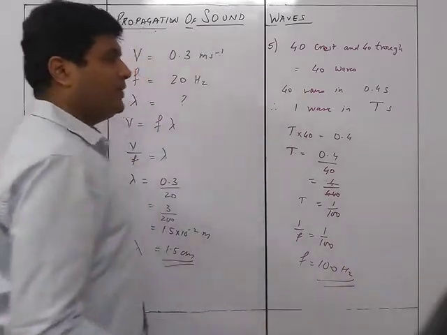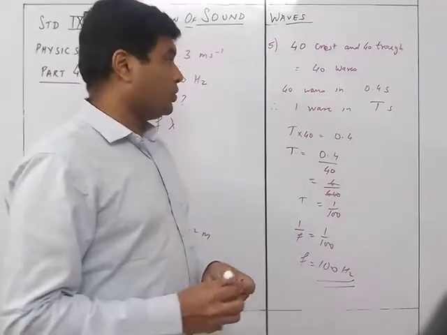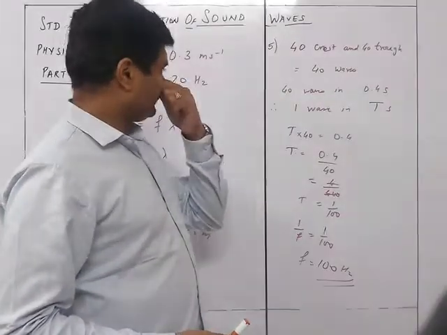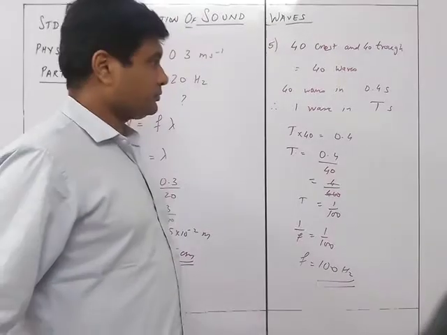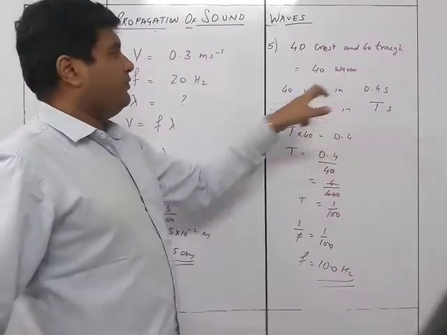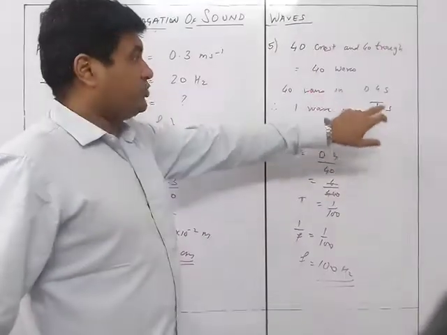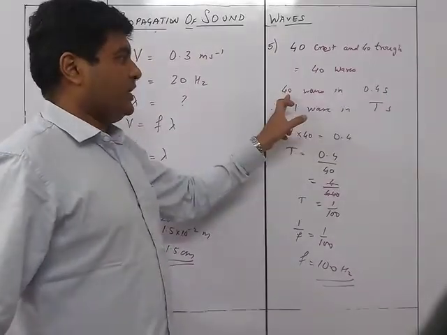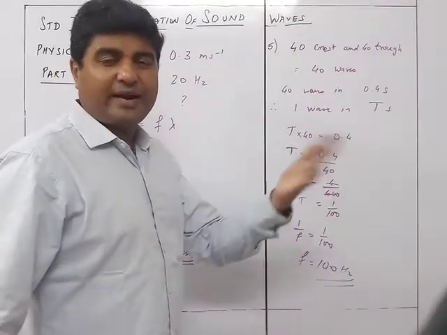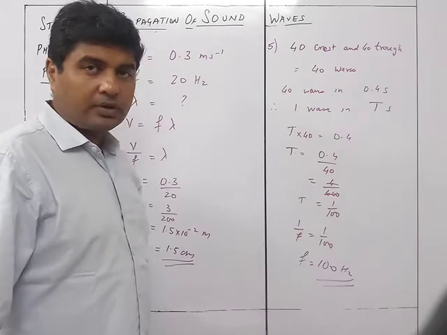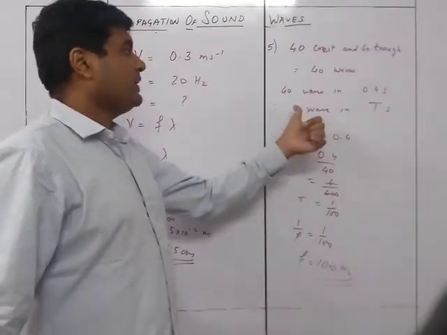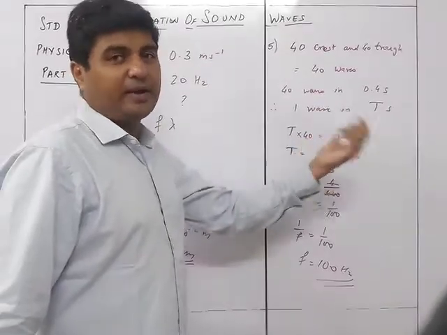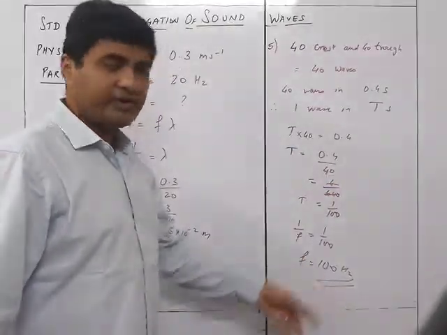You could have even done it the other way around. So here we can say that, okay, let it go, just do it the same way. This is a better way. You can find out that 40, yeah, you can do it this way. In 0.4 seconds there are 40 waves, so in 1 second how many waves? So you get directly the frequency. Okay? You can take 40 in 0.4, then how many waves in 1? That number of waves becomes the frequency. That will also give you 100 directly.